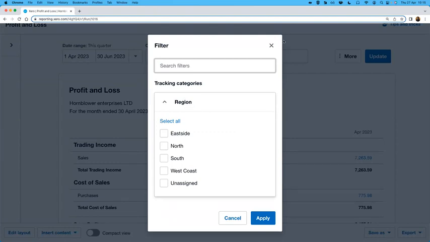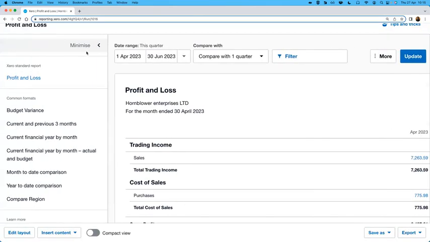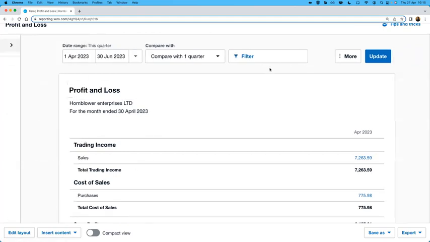Now, you will have already seen, I've just shown you that from that menu on the left-hand side, you can run a compare region or compare properties. Whatever the name of your tracking category is, it'll show as compare and then your tracking category name. Fantastic. Lorna's just stated that they use fee earners for sales. Brilliant, Lorna. So you would be able to see a report here that would show compare fee earners. You could run that report and easily see the revenue generated from each of those fee earners regarding the sales